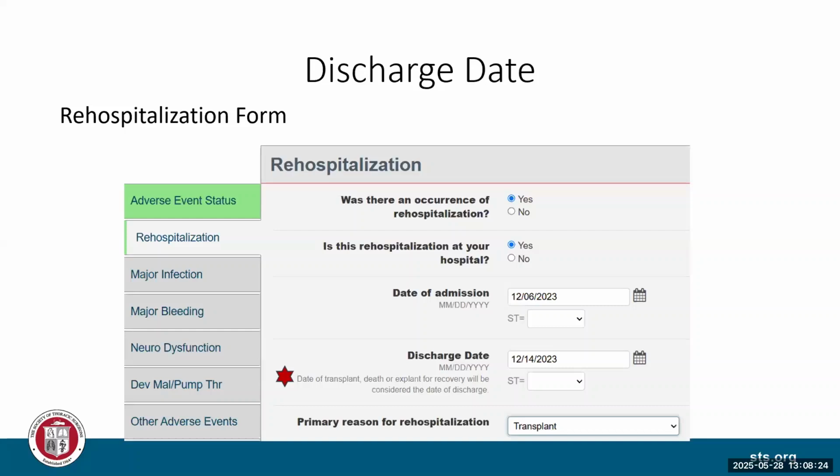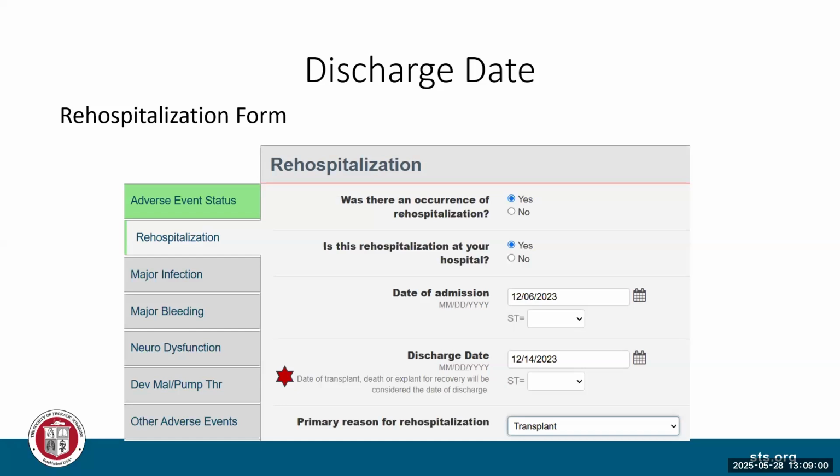And then the other thing was we were doing some integrity checks and looking at discharge dates. So I just wanted to do a little bit of education on discharge dates. We collect discharge dates on the rehospitalization form as well as on the implant discharge form. When talking about the rehospitalization form, for example, if a patient is readmitted for a transplant, the discharge date for that transplant is the date of the transplant, not the date that the patient was discharged from the hospital from their transplant.